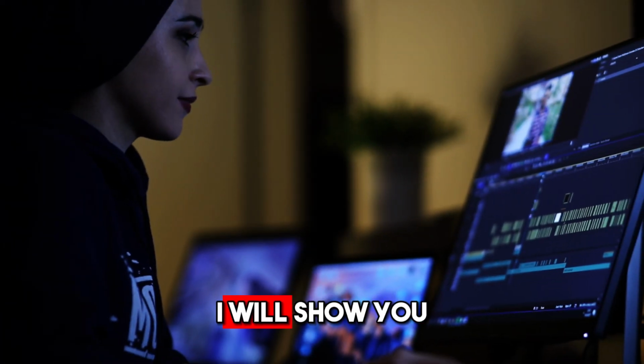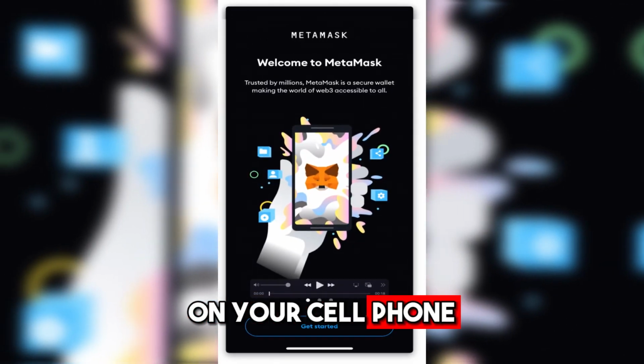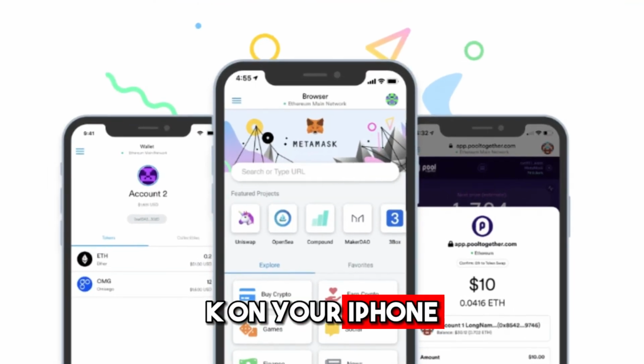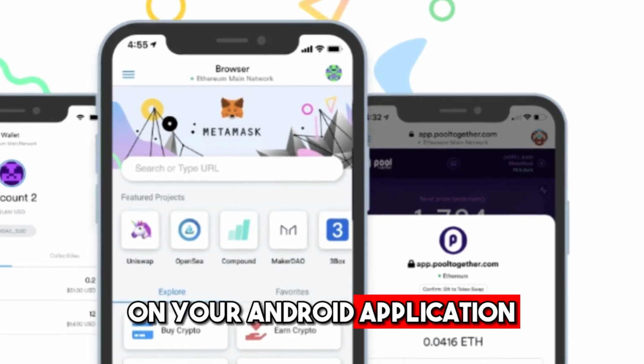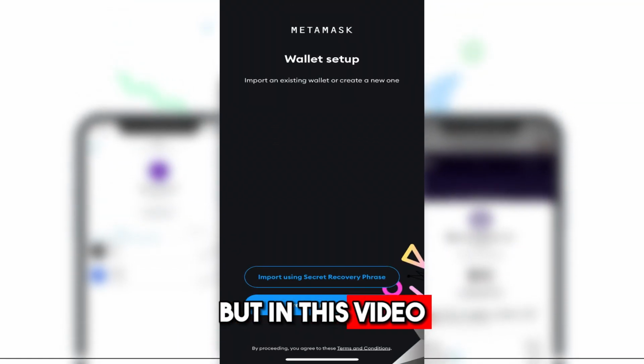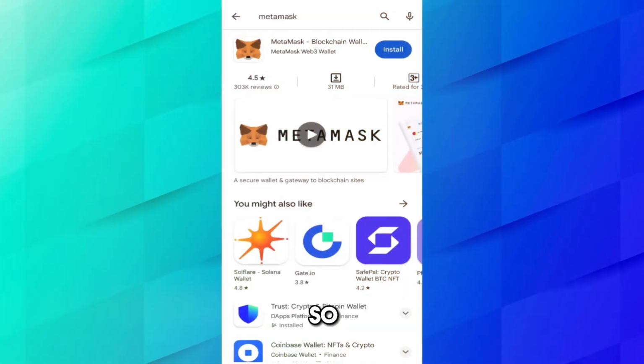In this video, I will show you how you can create a MetaMask wallet on your cell phone by following very simple steps. You can use MetaMask on your iPhone, on your Android application, and also you can use a Chrome extension. But in this video, I will show you how you can create MetaMask using your cell phone. So first you have to open the Play Store application, and on your iPhone you have to open the App